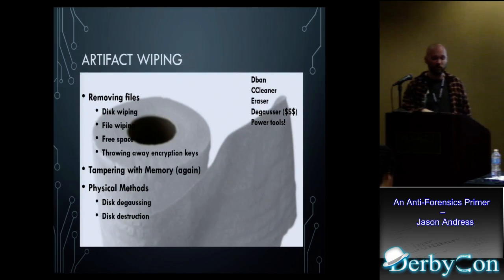Artifact wiping. So removing files, wiping disks, files, free space on the disk. These all kind of fall into the same category. And again, it's a matter of the resources of the folks who are trying to get the data back. In general, with modern disk storage or media, whatever you have, going through and zeroing the disk will get you past most forensic tools. However, if you've got somebody who's got the resources to do something like spin stand imaging and physically look at the bits on the disk, then the potential does exist to get some of the data back from that.